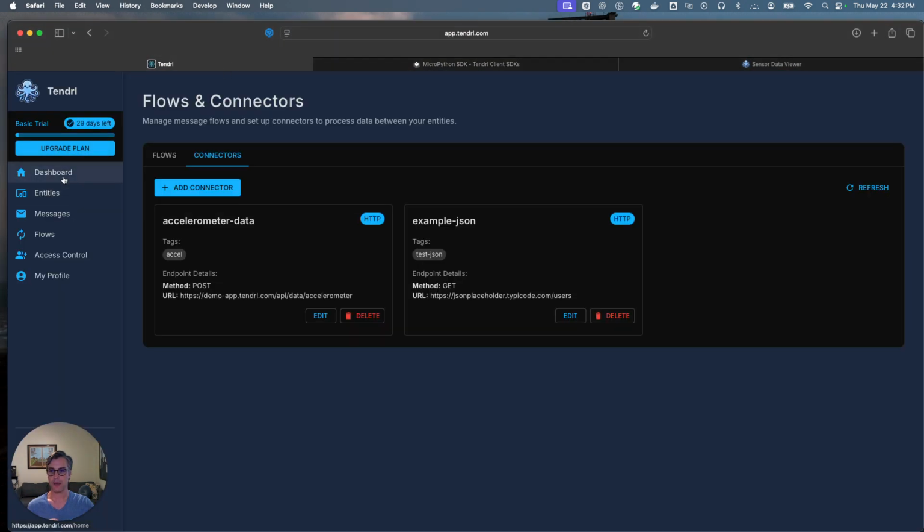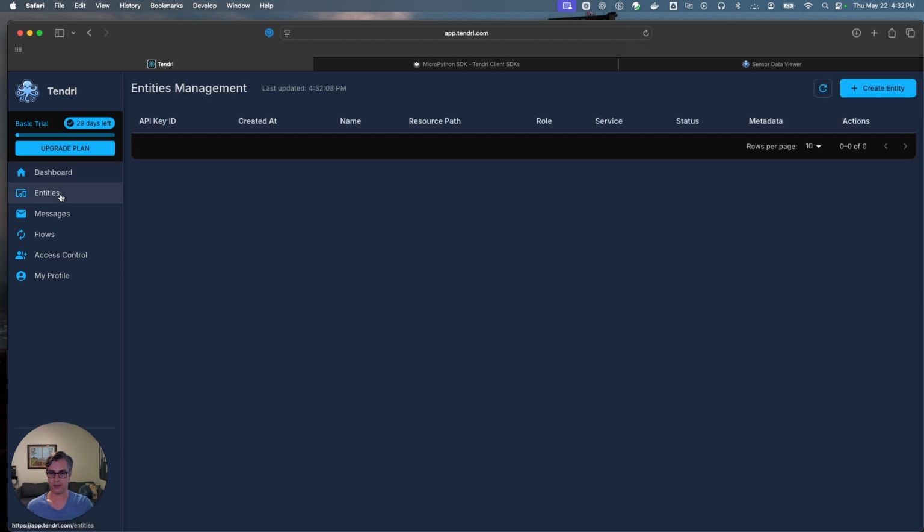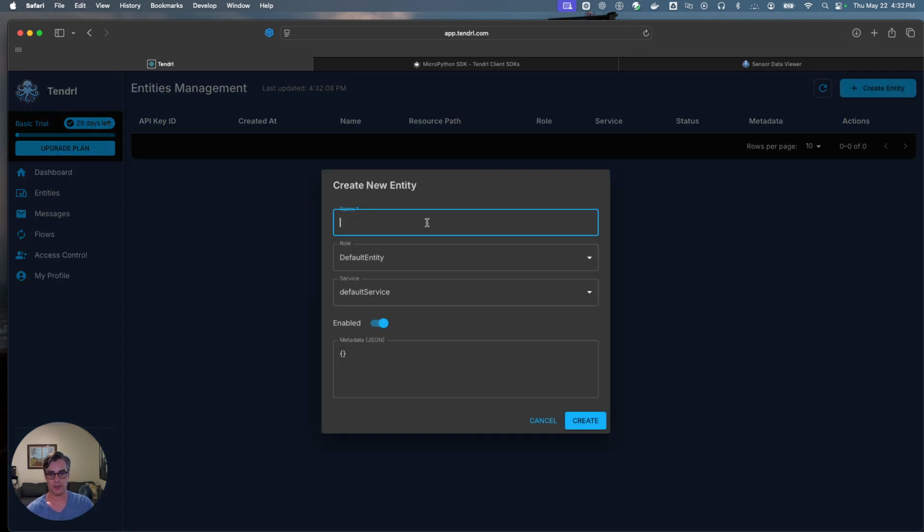So to create an API key, we need to create an entity. An entity is just a construct that is a role, which has a policy for role-based access control, as well as an API key to do the authentication and authorization. So I'll go ahead and create this,